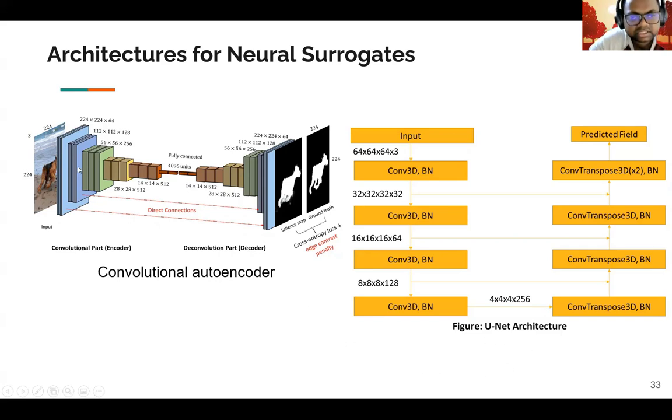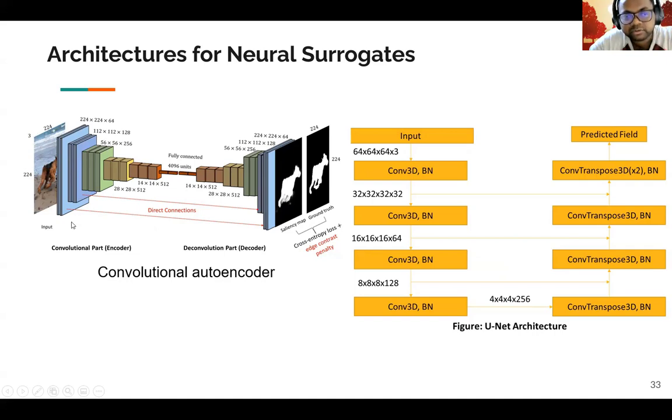Convolutional autoencoders take in an image of, say, a particular size and perform a series of convolution operations and then convert it into a fully connected layer, a dense layer. From this dense layer, it reshapes it back and then performs a series of deconvolution or transpose convolution operations to get back the original size of your image or the original size of your node mesh.